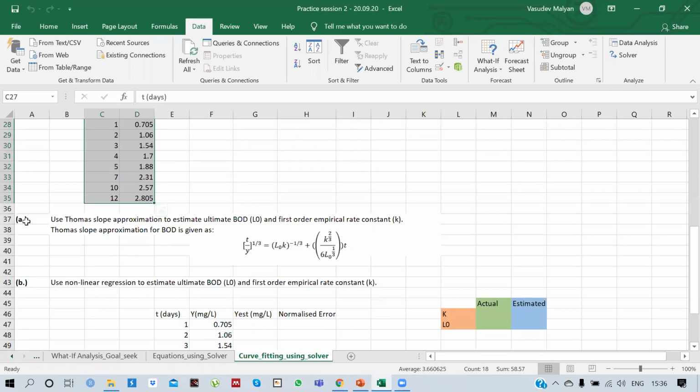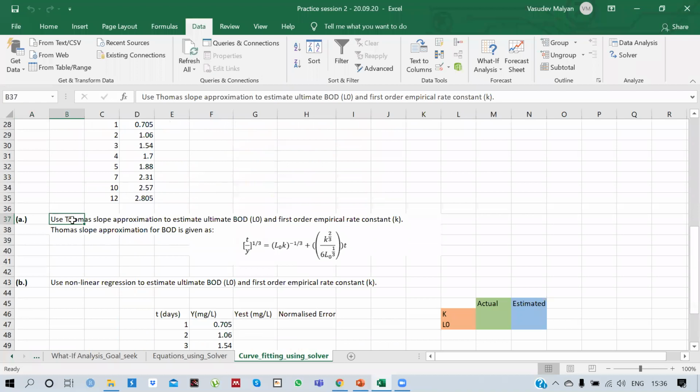And the first part of this question says that we have to use Thomas slope approximation to estimate ultimate BOD and the first order empirical rate constant. So we have to find out L naught and K, and Thomas plot slope approximation is given to us, which is given by this equation: (T over Y) whole 1 by 3 equals (L naught K) whole minus 1 by 3, and so on.